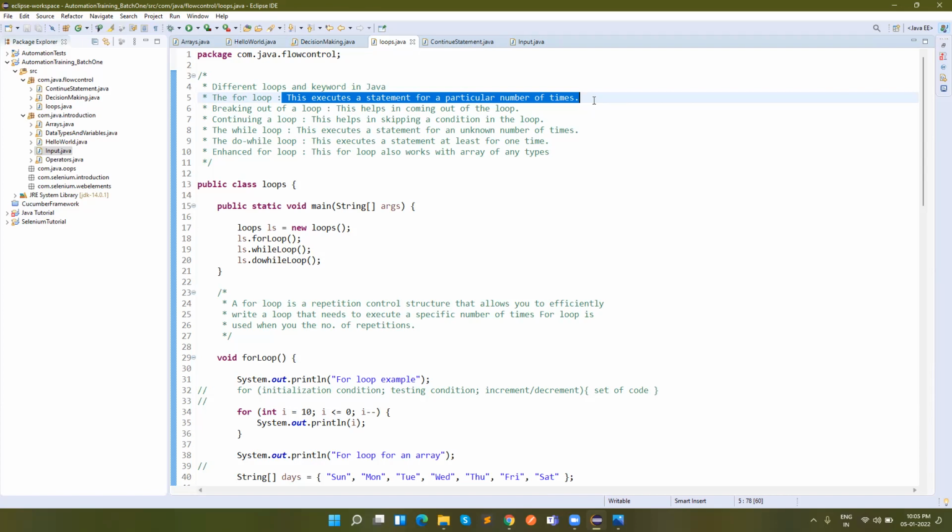Only in that case are we going to execute. Obviously, if that condition is met, then only we need to repeat that code, right? Otherwise there's no need of repeating that code, correct?